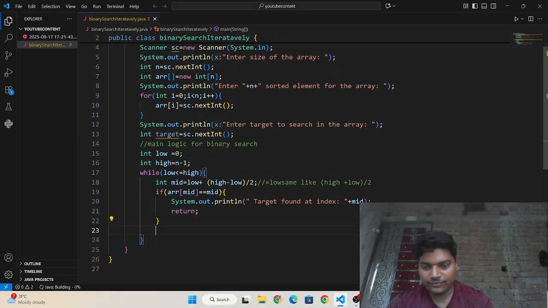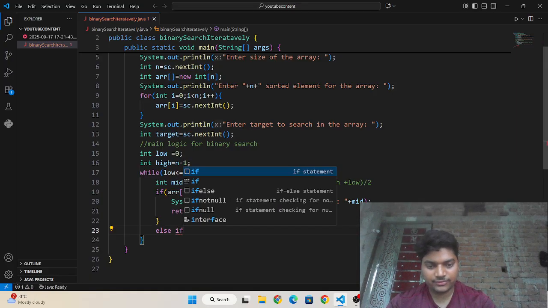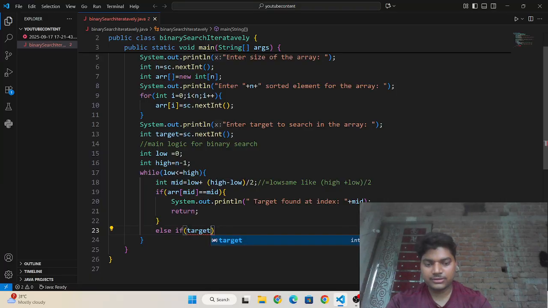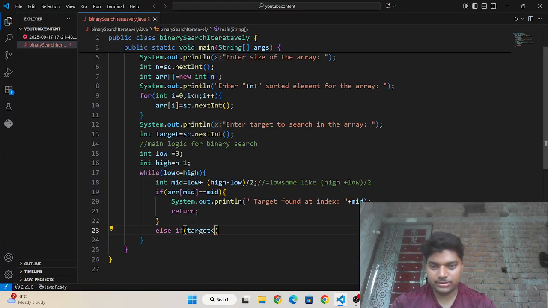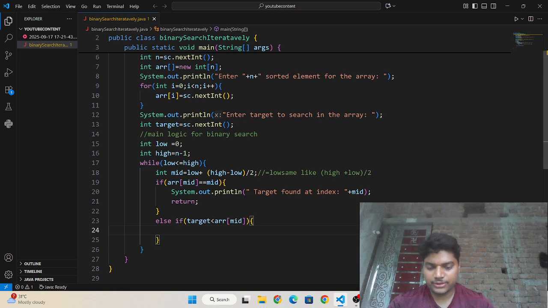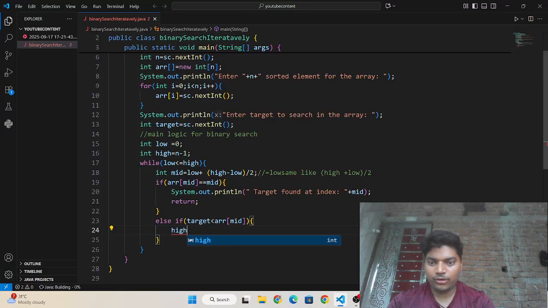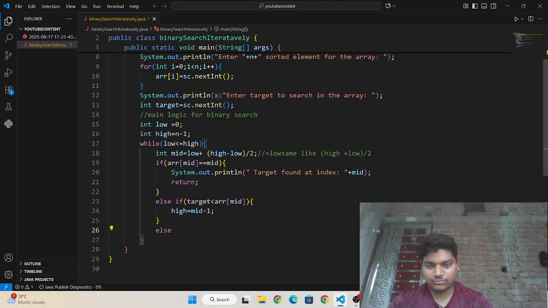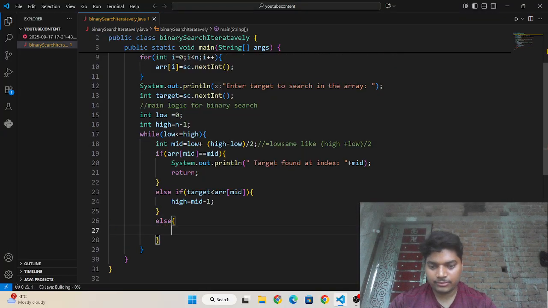And if not, then you need to write if target is less than ARR of mid, then you need to update high is equals to mid minus 1, and if it is already checked, then you need to just do low is equals to mid plus 1.